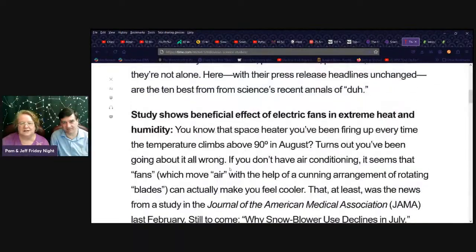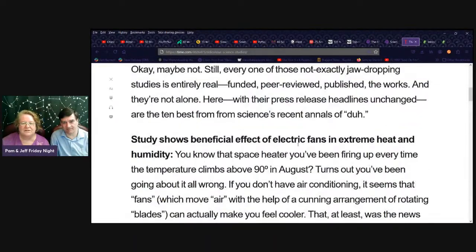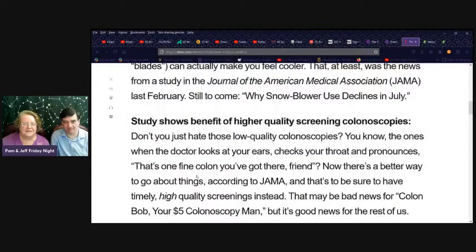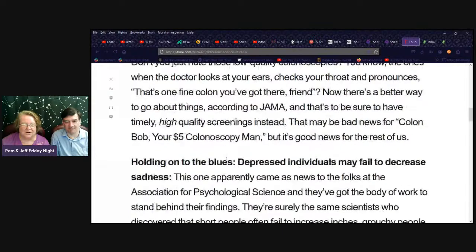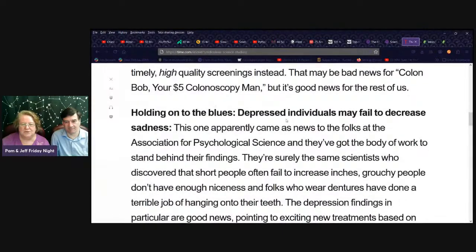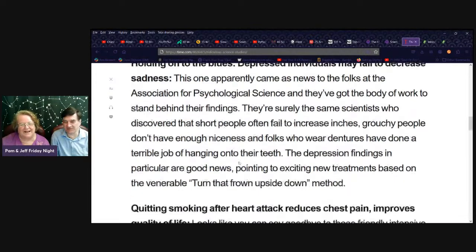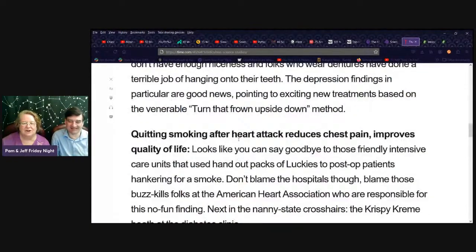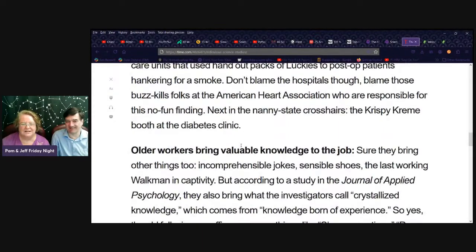Oh, okay, let's see. Study shows beneficial effect of electric fans in extreme heat and humidity. Study shows benefits of higher quality screening colonoscopies. You want to read these. These are just bizarre. Holding on to the blues. Depressed individuals may fail to decrease sadness. No kidding. That's what depression is called. Quitting smoking after a heart attack reduces chest pain, improves quality of life. Yeah, these are just